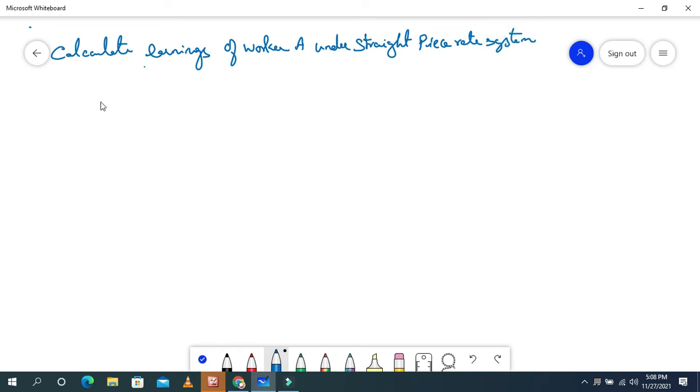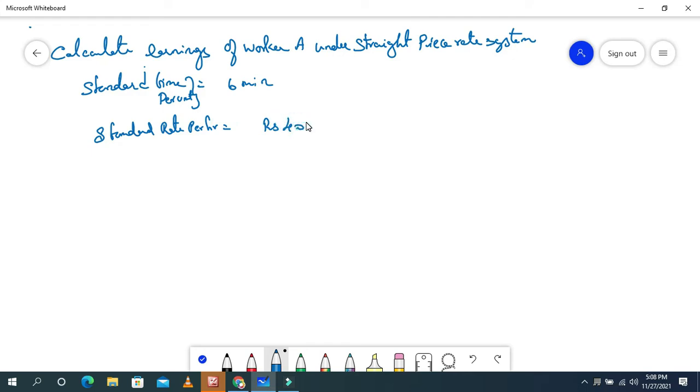Okay, so we have standard time per unit is 6 minutes. Then standard rate per hour is rupees 40. So in a day of 8 hours, the worker produced